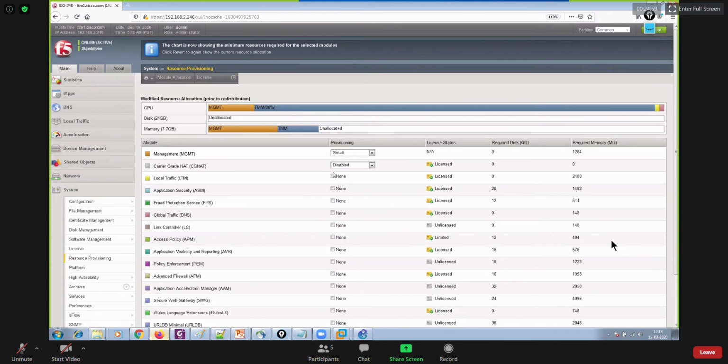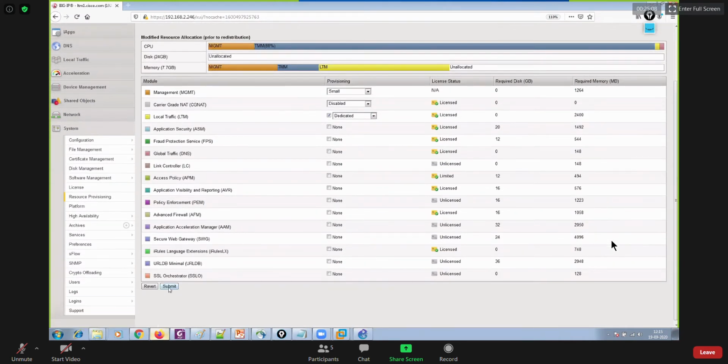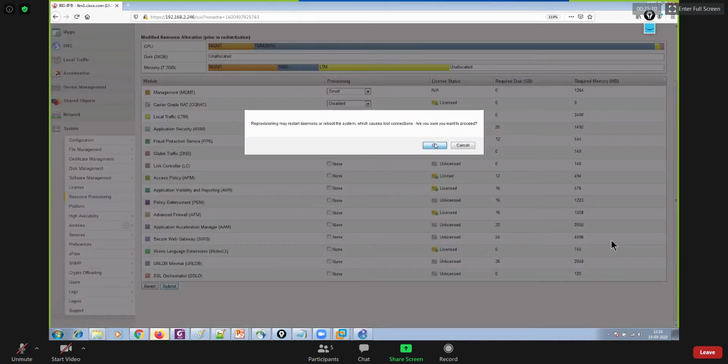None of the modules, LTM is like dedicated, right? So let me just allocate all the resources to LTM only.